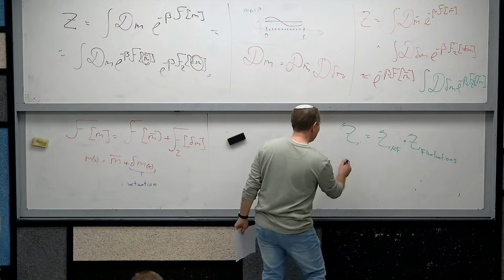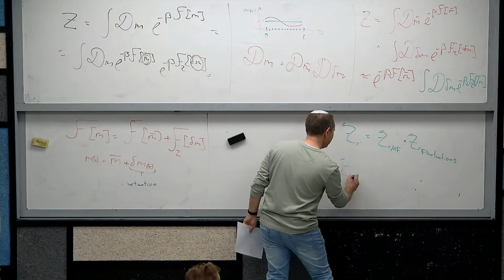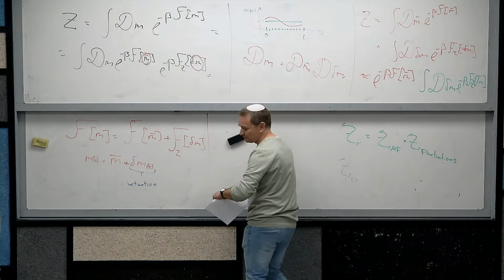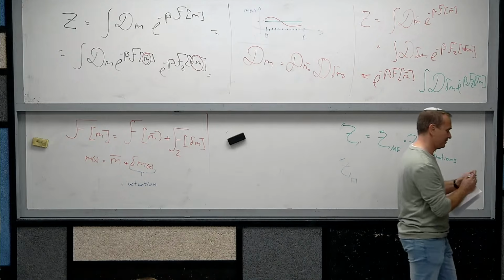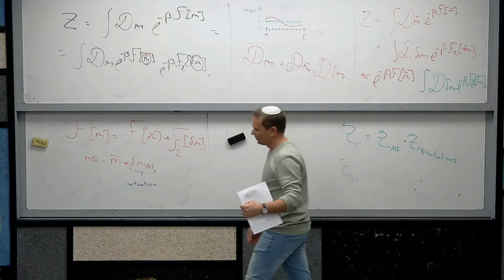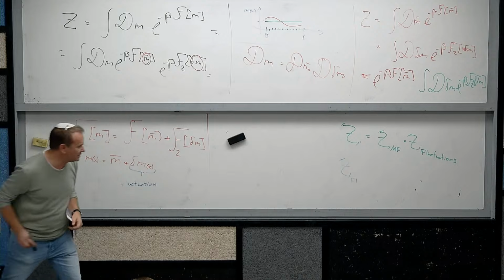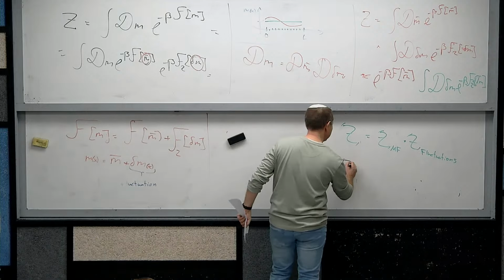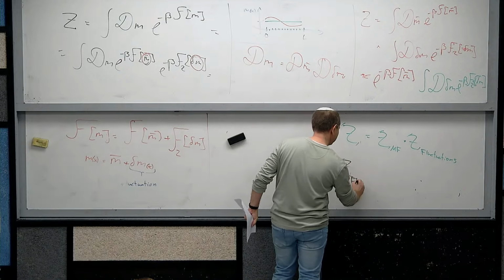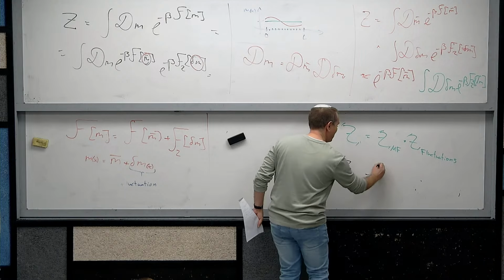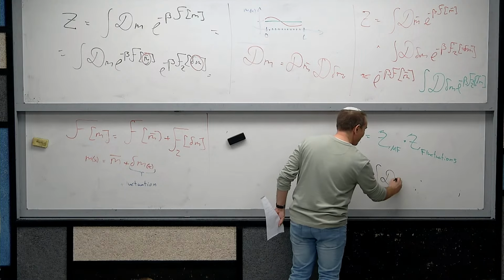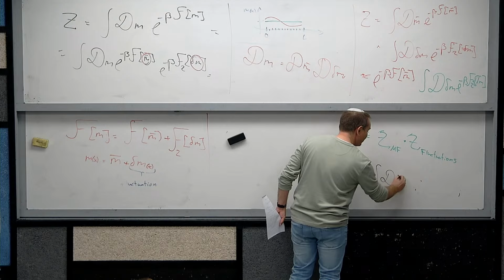But in general, Z of fluctuations equals the integral over all possible values of delta M